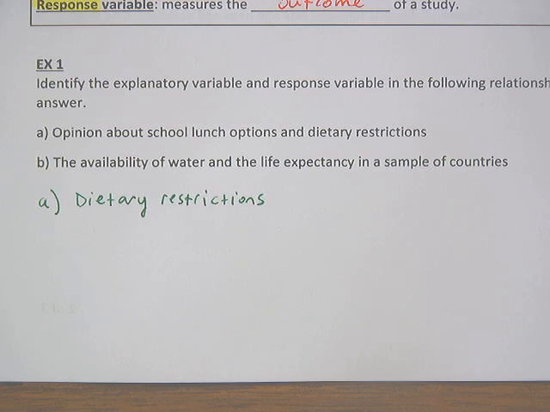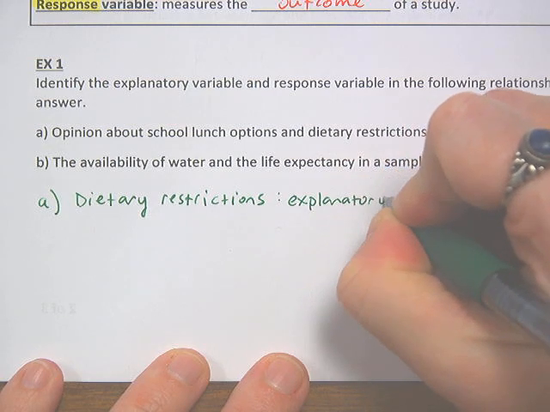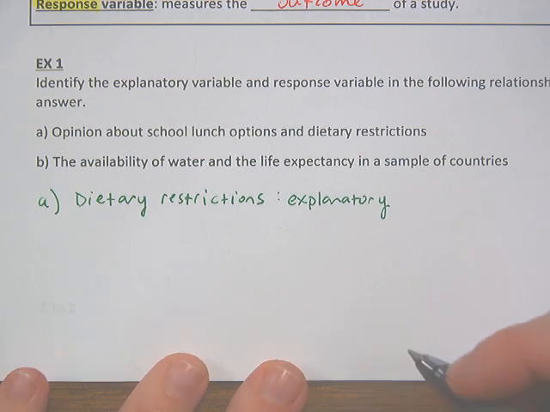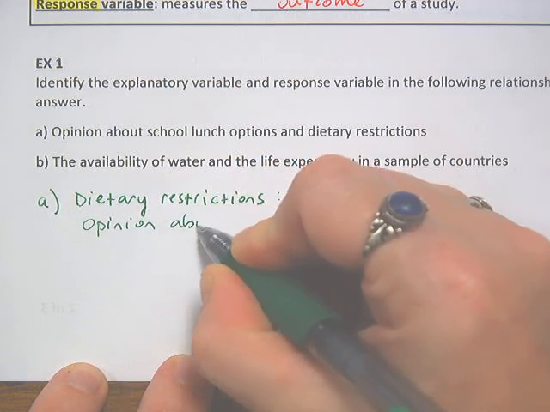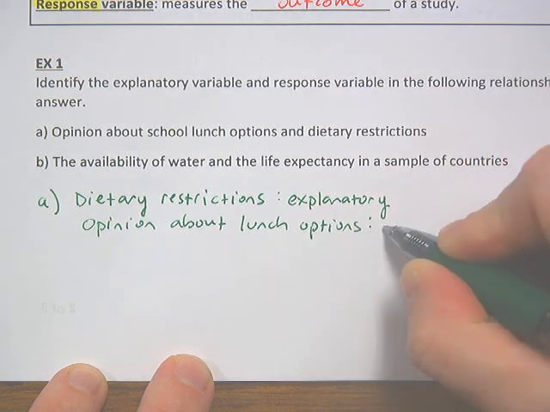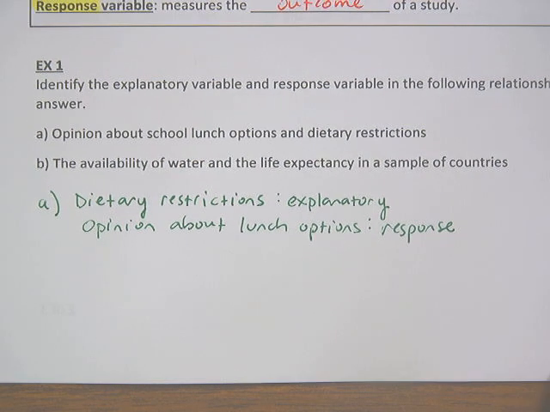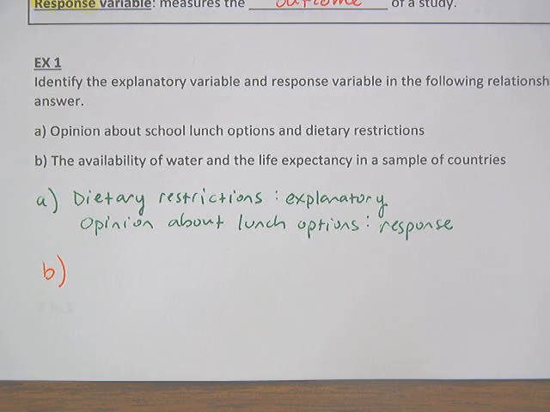So dietary restrictions would be explanatory. Those would help explain why somebody had an opinion about school lunch options. So that's the response variable. Before you can draw a segmented bar chart, you're going to have to be able to take the two variables and distinguish which one's explanatory, and you'll see why on the next page, because it helps you draw the bar